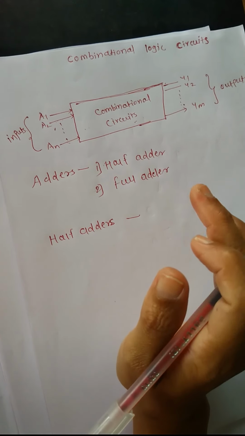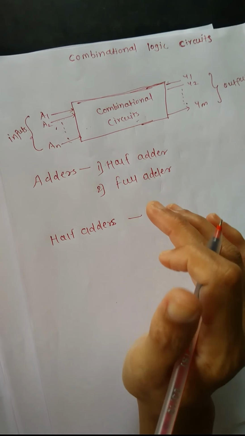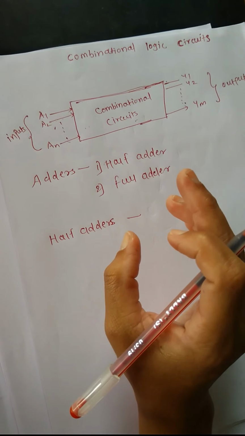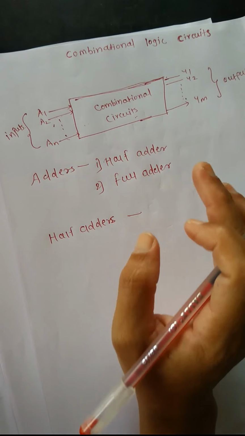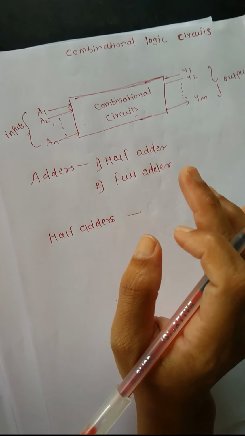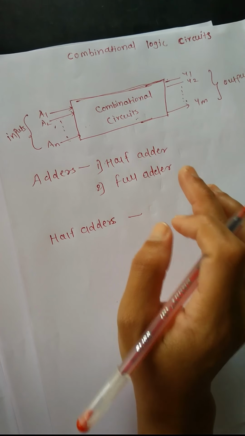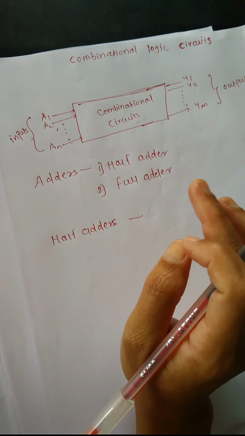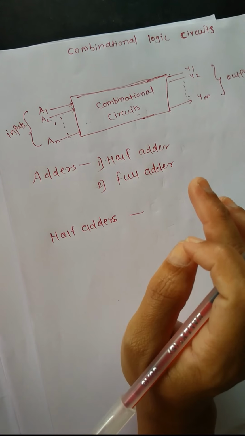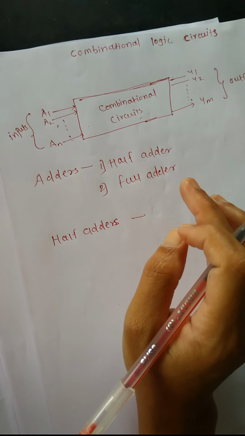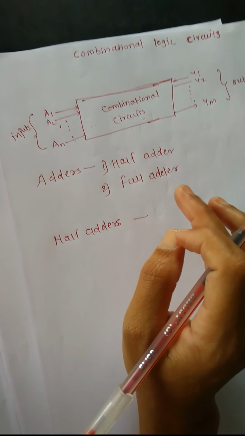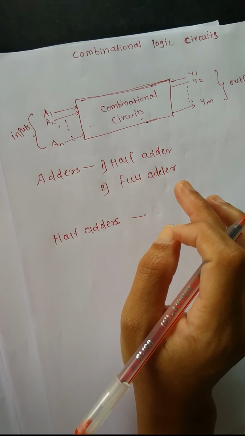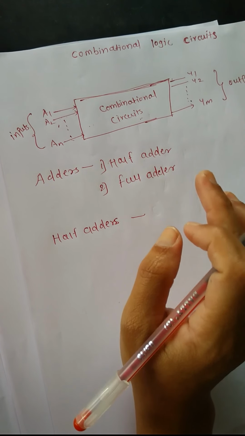These are the steps for designing a combinational circuit. First is the statement required, after that the block diagram or truth table. From the truth table you have to design the Boolean equation. For that Boolean equation you have to use the K-map method, and after that you get the equation, and from that equation you have to design the circuit or diagram. These are the steps for designing combinational circuits.